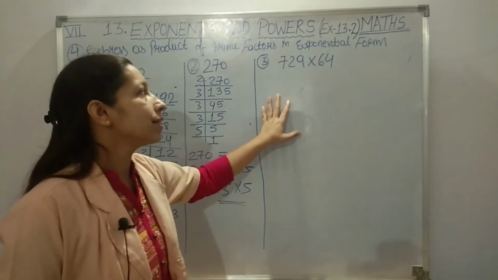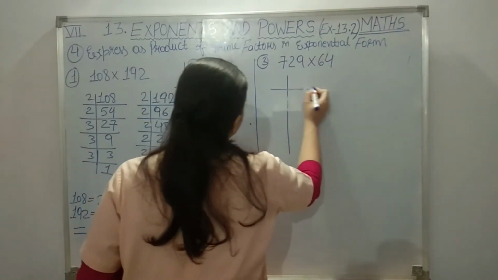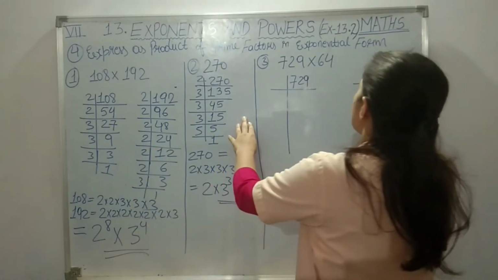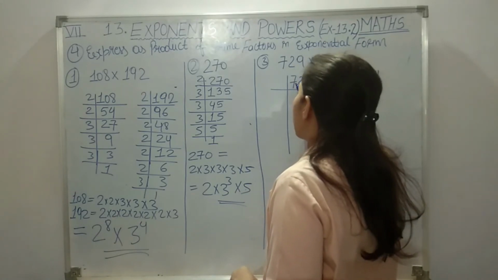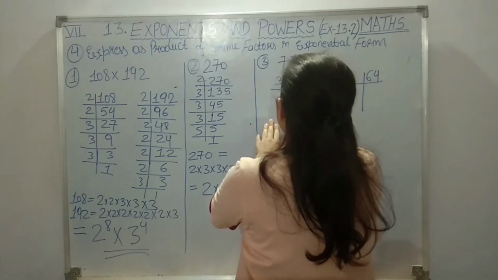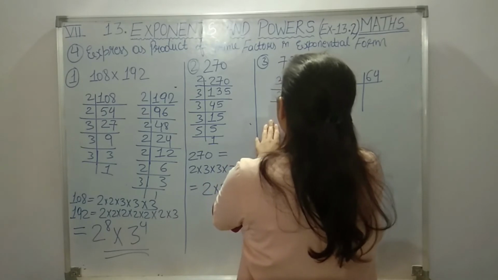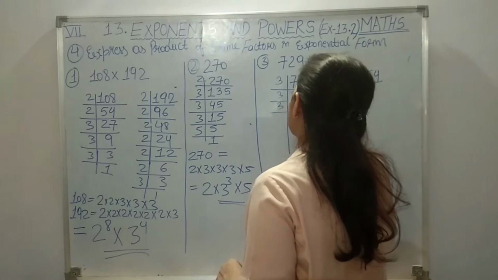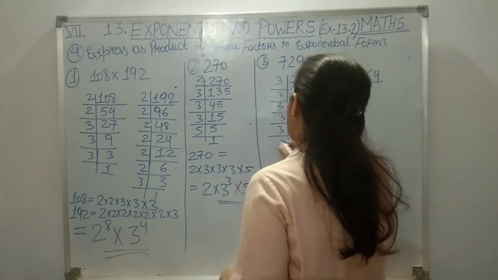Let us see third one, 729 into 64. Same way we are going to solve this also. First I will write 729 and then here I am going to write 64. Let us take out the LCM students. So 9, 10, 11, 11 plus 7, 18. It will be divisible with 3. 3 2s are 6, 3 4s are 12, 3 3s are 9, 4 5 6 7 8 9. Again with 3. 3 8s are 24, 3 1s are 3. Clear students? Then 3 2s are 6, 3 7s are 21, 3 9s are 27, 3 3s are 9 and a 1.